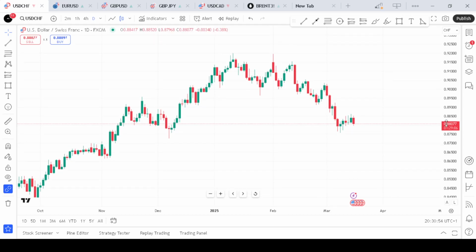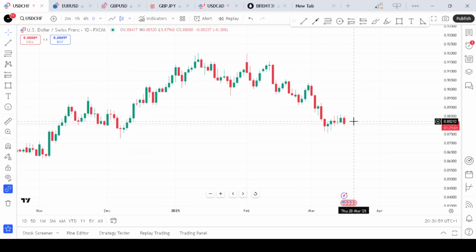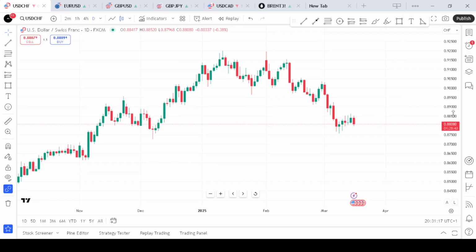We start by understanding what correlation is in Forex trading. Correlation in Forex trading refers to the relationship between two currency pairs and how they move in relation to each other. This can be either positive, where the pairs move in the same direction, or negative, where the pairs move in opposite directions. Understanding this concept is crucial because currencies are always traded in pairs, meaning no single pair operates independently. By studying correlation, you can anticipate movement and adjust your portfolio